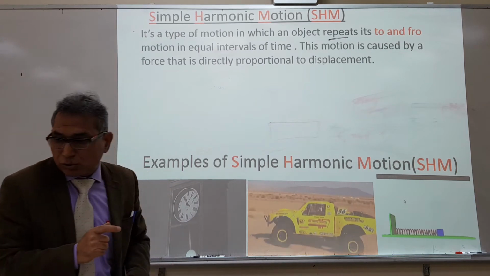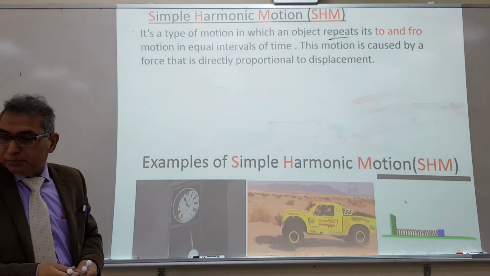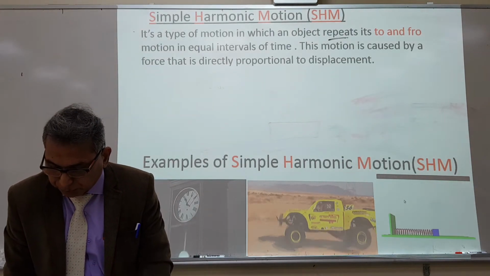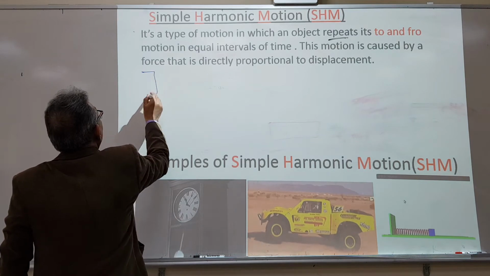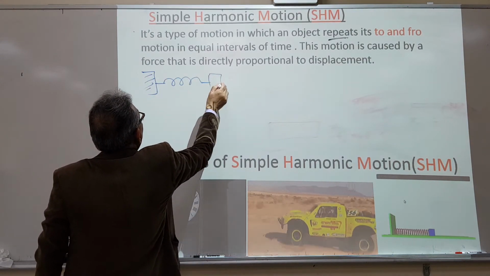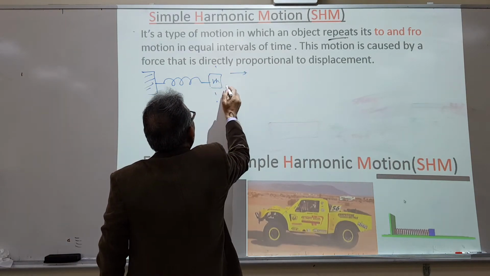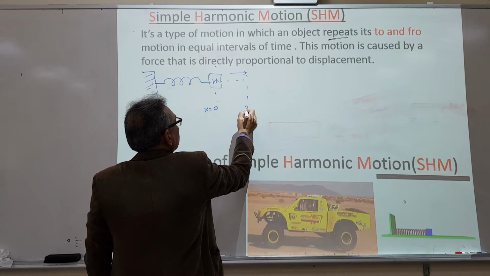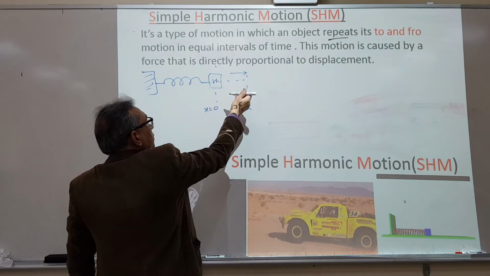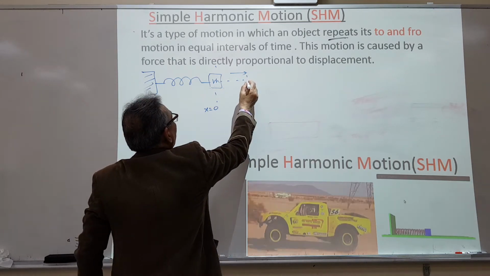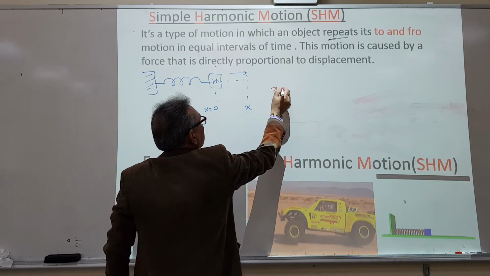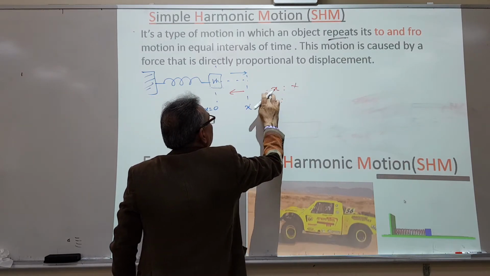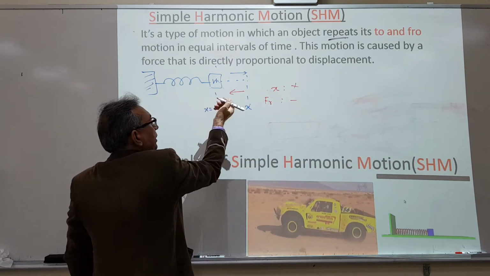This is what we call the restoring force, and we just discussed this force, like this one. I apply the force this side, it comes on this side. This is x equal to 0, the equilibrium position. This is the x positive side. Once you reach here, you release it at this point, displacement positive, and restoring force